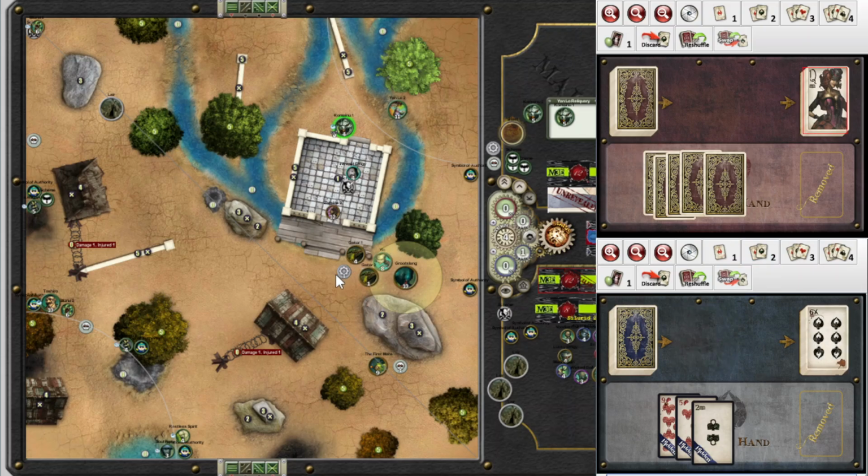Nice. We're going to go ahead and eat this scrap marker with, what's it called? Lost Knowledge. And we get it with Seal Fate. I'll draw my cards. I'm going to nominate...